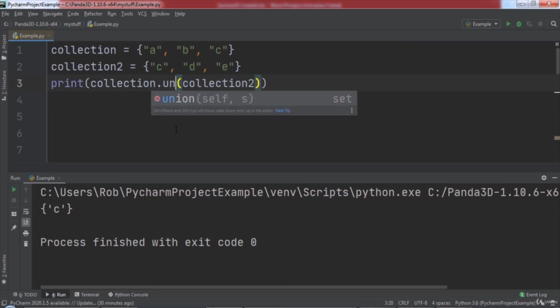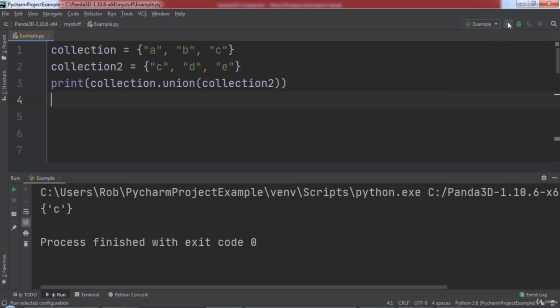For example, let's print the result of collection.union collection2. When we run the code, you will notice that we get a set that contains the elements of both collection and collection2, with no duplicate C, of course, since even though C is present in both sets, a set cannot